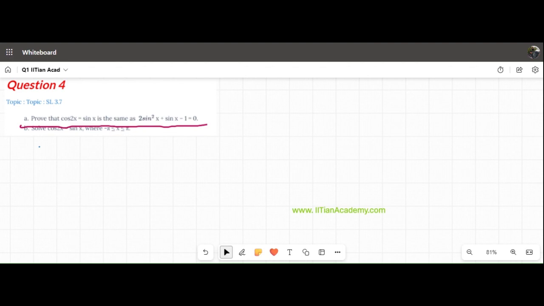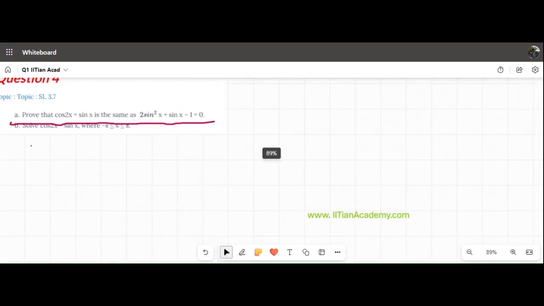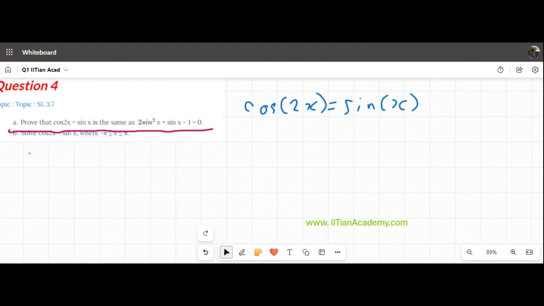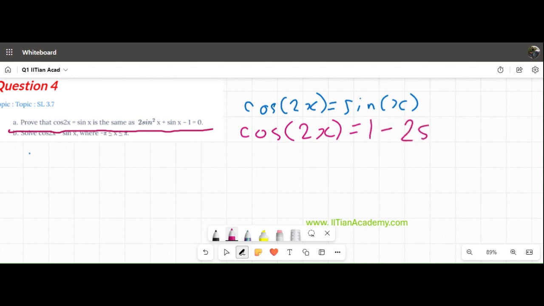We'll start with cos 2x equals sine x, all right? And we could use the trigonometric identity for cos 2x. So we're using this identity. I'll use a different color so we don't get mixed up. And the identity states that cos 2x is equal to 1 minus 2 sine